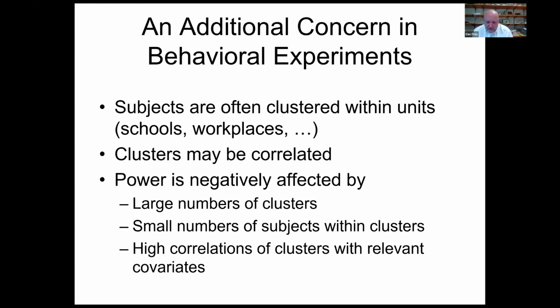And so large numbers of clusters, small numbers of subjects within clusters, and high correlation of clusters are what really start to hurt you. And we had all those things. And so we recommended a study with 300 subjects. And they viewed that as too expensive to do this year anyway. And so we've put our plans on hold for the time being because it's going to be an expensive undertaking. And it's specifically because of these challenges of